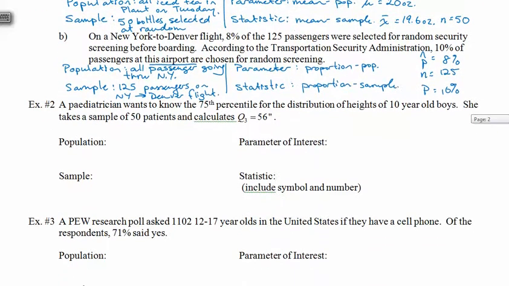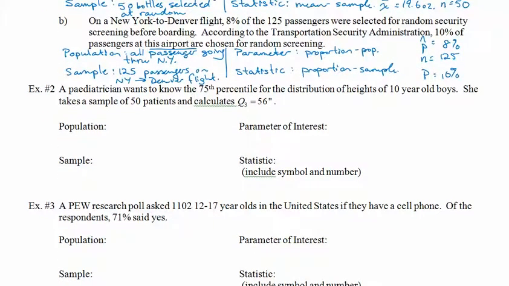All right. Example 2. So take a minute to pause and